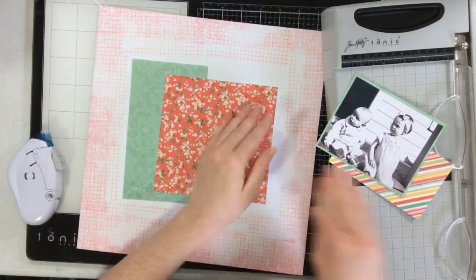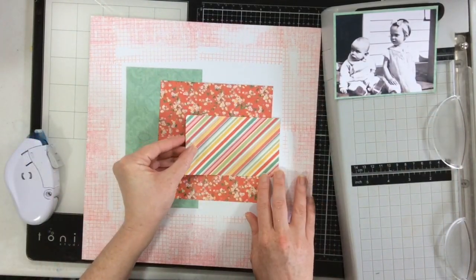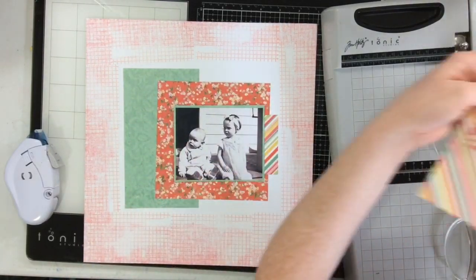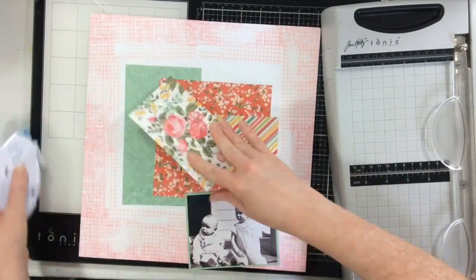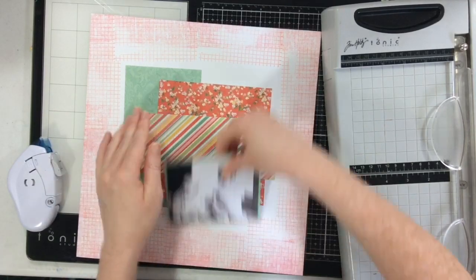And I'm also not making these papers straight because is my stamping straight? Oh my goodness, no. It is not straight at all. So I don't want the paper layers behind my photo to be straight either. I am going to go ahead and create a little bit of a longer banner with this stripey paper,